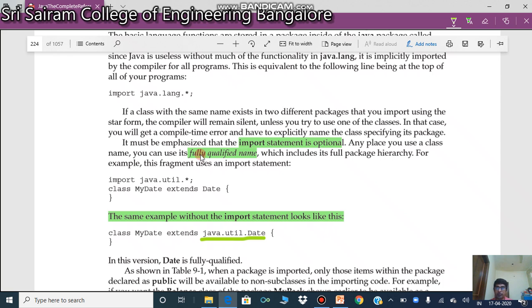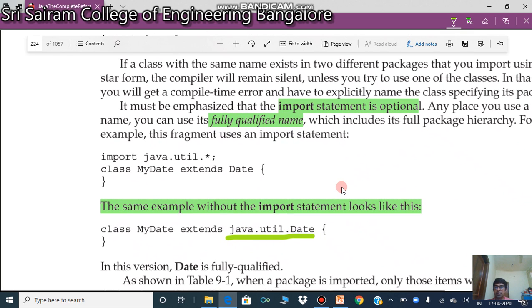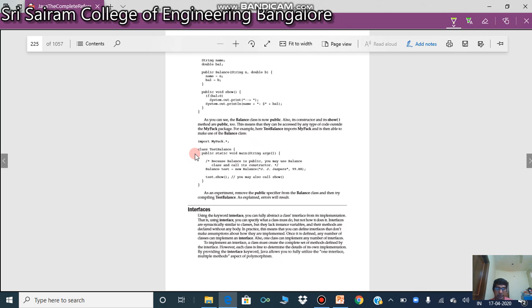If you want, you can give a fully qualified name, something like this. If you look at import java.util.*, if you give dot star, it is going to import every class in the package called util. There is another way: you can give java.util.Date extends. See, this is called the fully qualified name. You need not import anything. In the previous case, if you give it like this, it is going to import every class in the package called util. So this is about how we can import things. I hope you understood this. Next video we are going to see about interfaces, and if you have any doubt, please feel